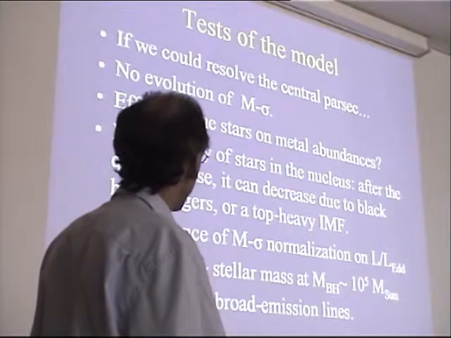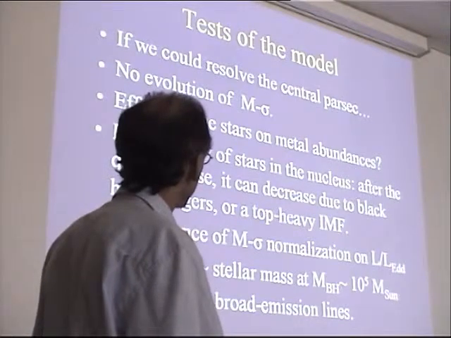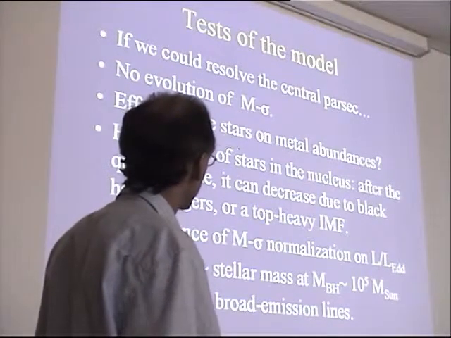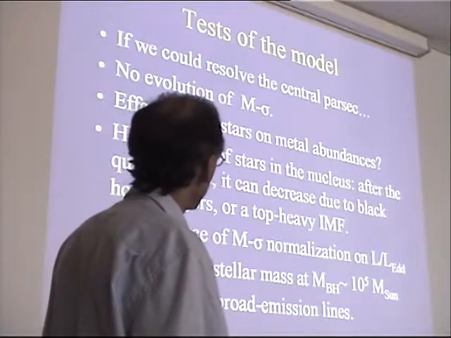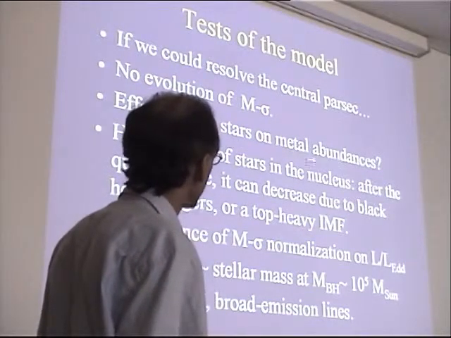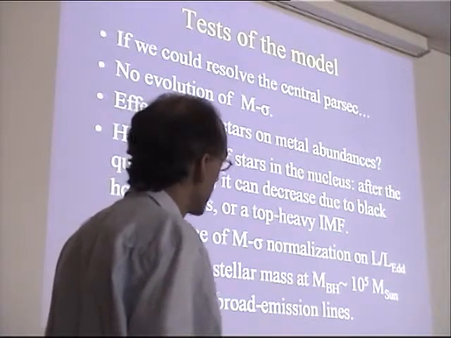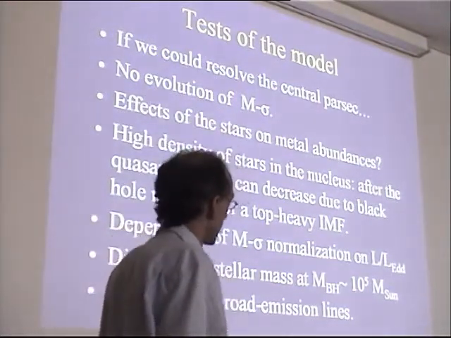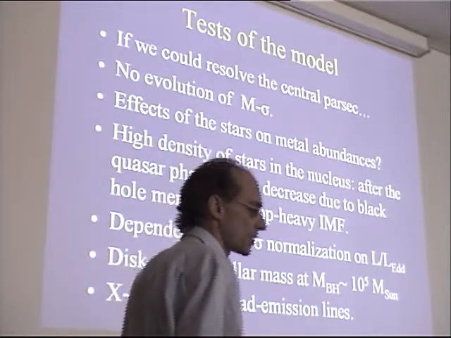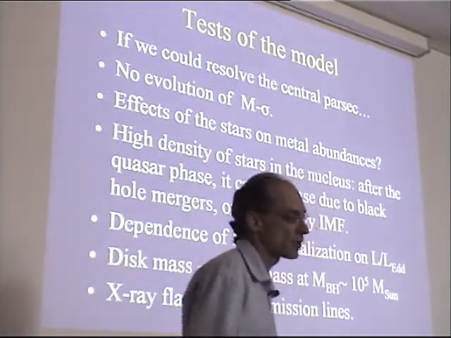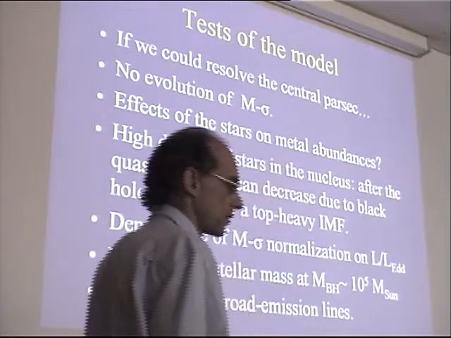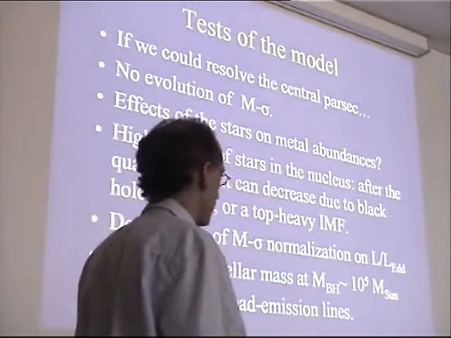You have all these stars evolving during the 50 million years or so that the quasar lives. Maybe they have some effects on metal abundances. We don't know how much it would change, but in any case, the very high metallicities that are inferred in quasar disks are essentially consistent with this picture. We think there has been a lot of star formation in these regions.